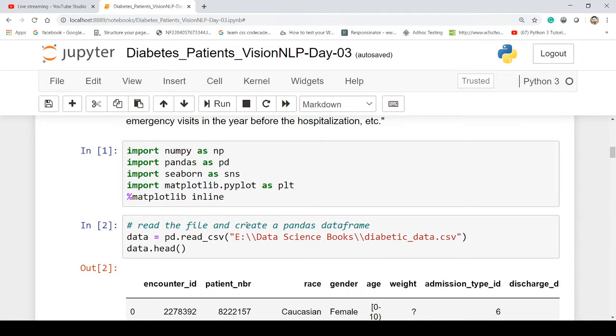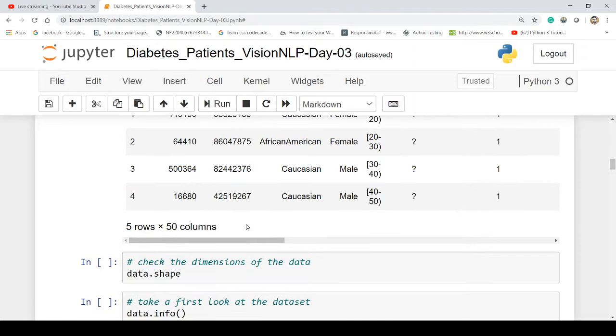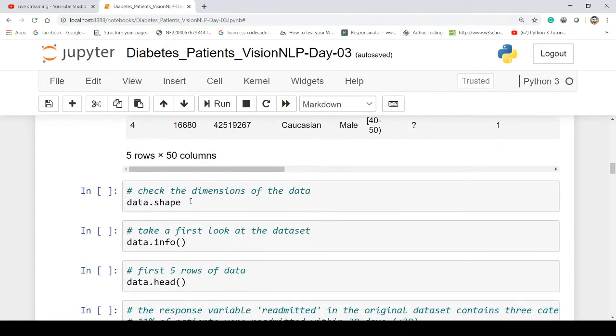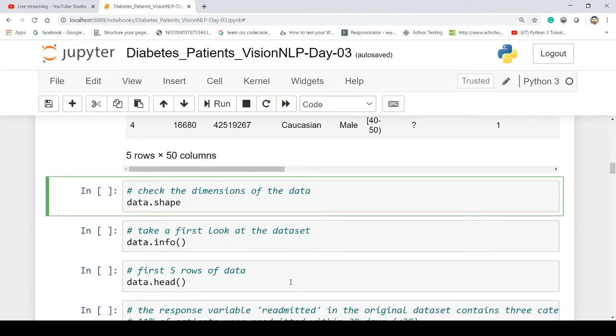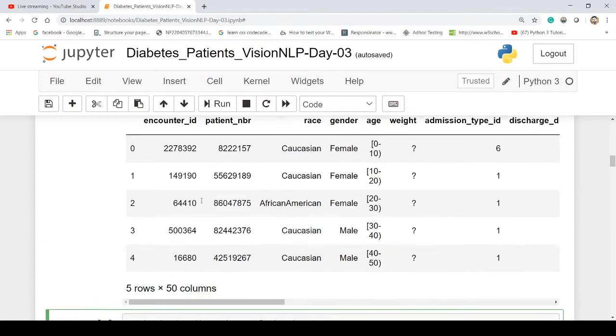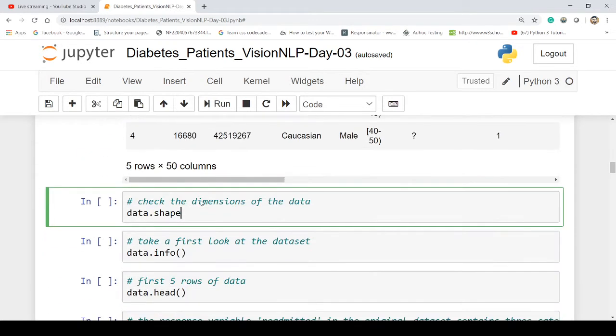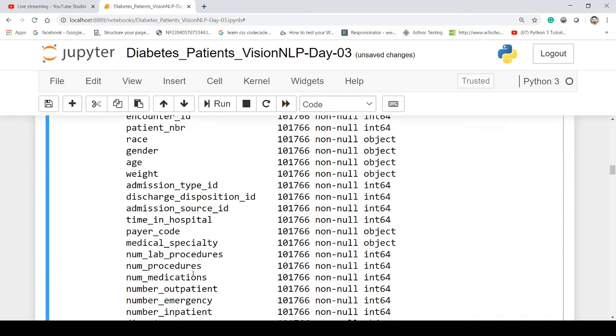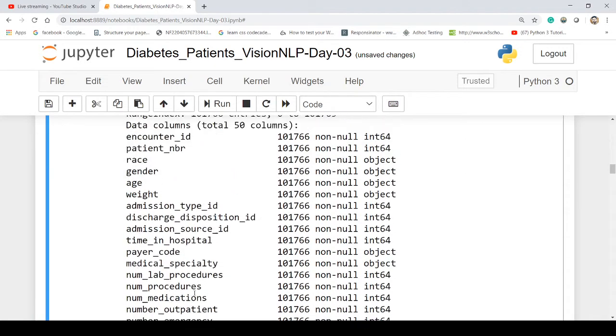Hello, yeah guys, I'm really sorry for the inconvenience. So yeah, we have checked all this. I think you must be able to see my screen now. Okay, so we can check here. We have already seen our head. Now we can check the shape and we can check the information. And if you want, we can also check